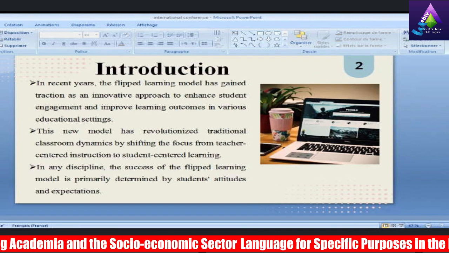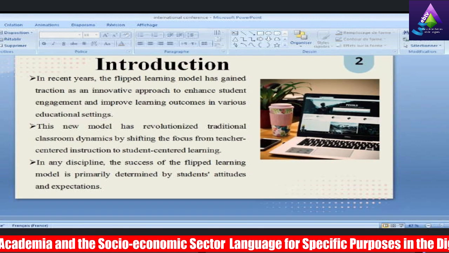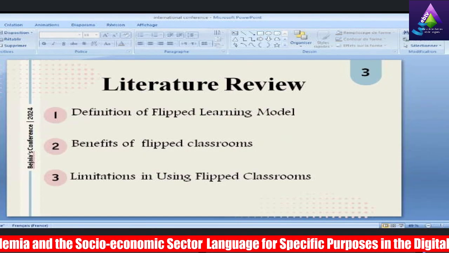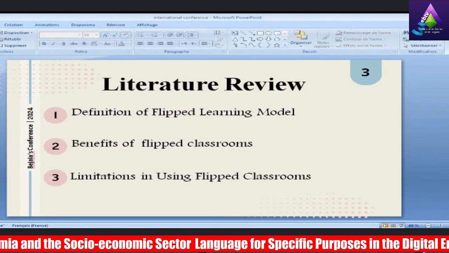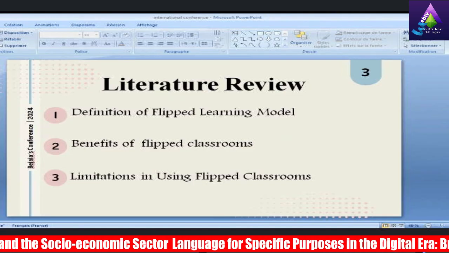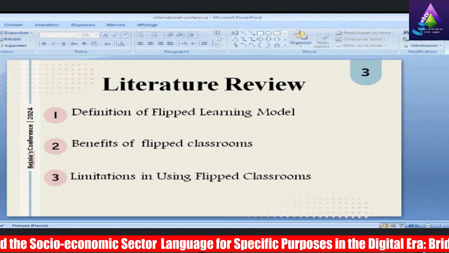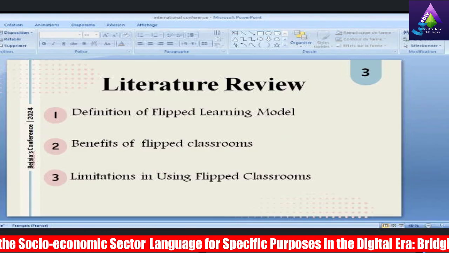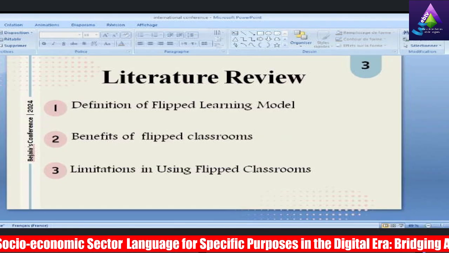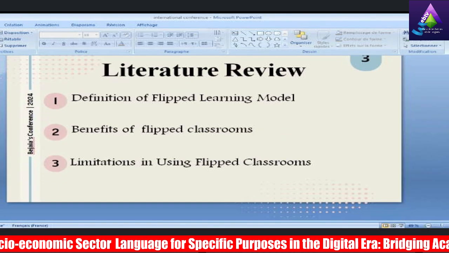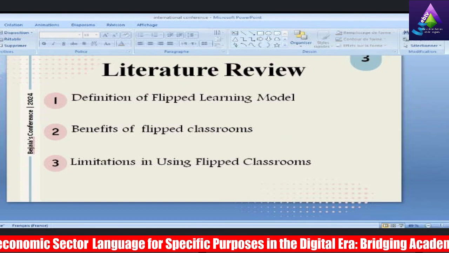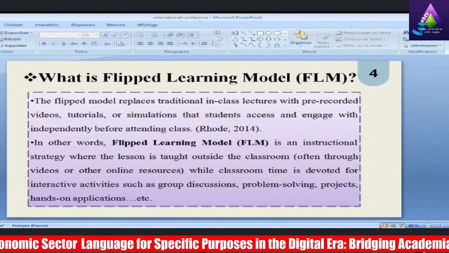Then literature review. It's important to review some previous studies about this teaching method. I will give you the definition of the flipped learning model, some benefits and some limitations of using flipped classrooms. So what is a flipped learning model?